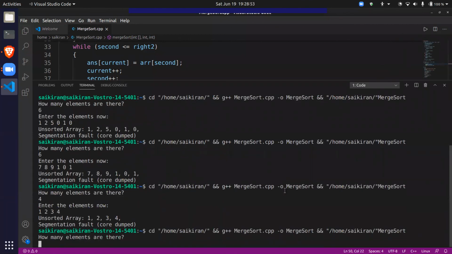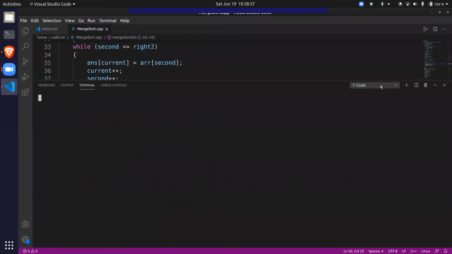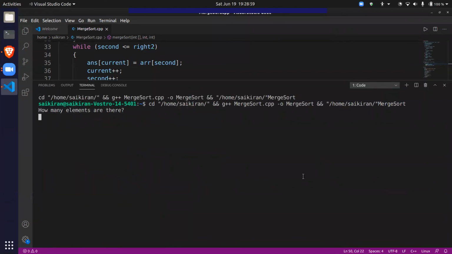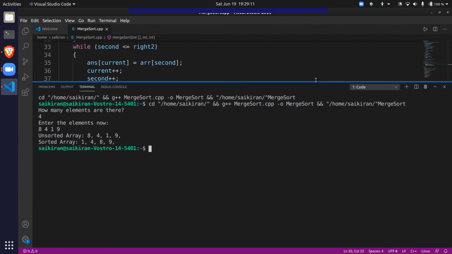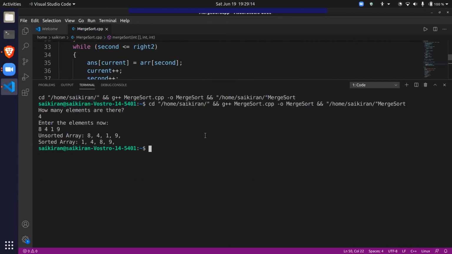Okay, let's try now. Let me clear my console. Let's take 4 elements. 8, 4, 1, 9. Oh god. So yeah, that was the error, guys. I did not put parentheses here. So merge sort is working. You see this 1, 4, 8, 9. This is sorted. Let's try it again.